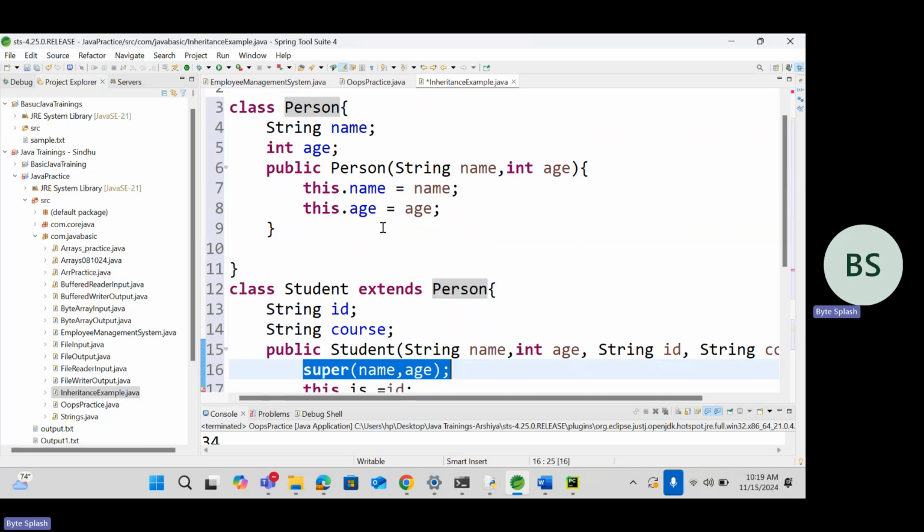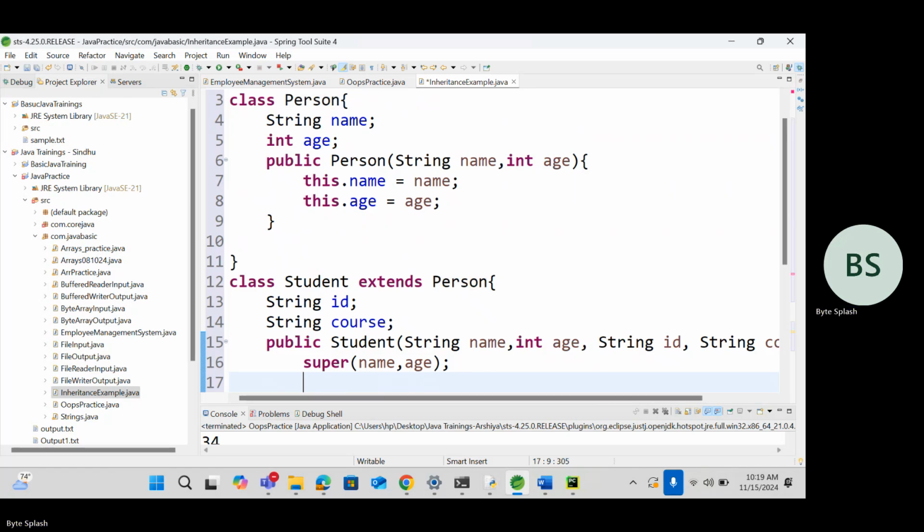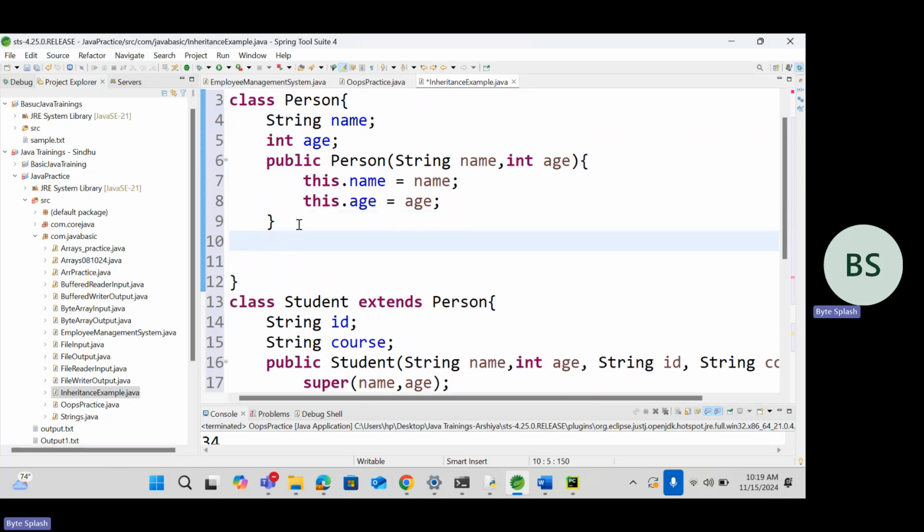Okay. What is the next thing I can do? Here, super can be used in two ways. To call the constructor, I'll use super of. But if I want to call any method, suppose I have the same methods in both the classes. Here also I have display, and here also I have display, for example. Or here I just have a method with some random name. I have a method public void